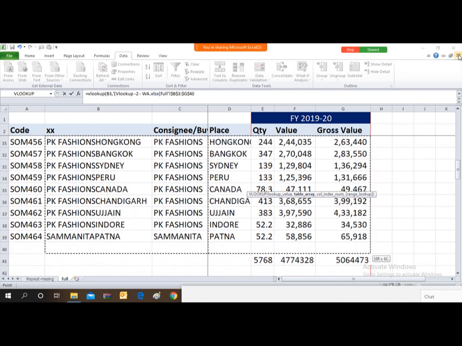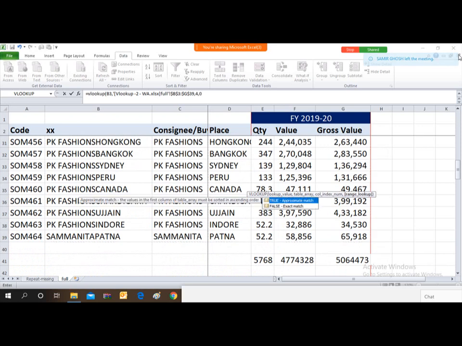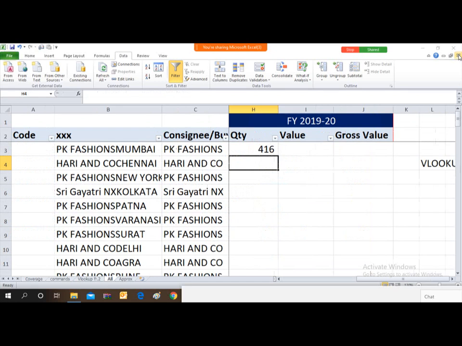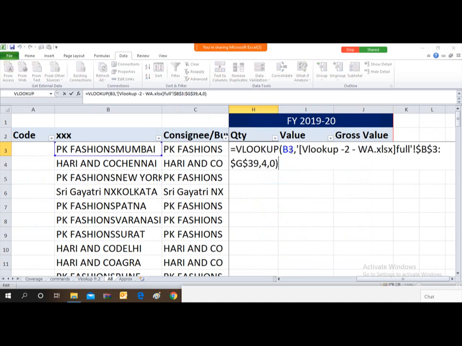So I'll select the entire data. My first column is 4. So you can just type comma 4 comma 0 then press enter. तो देखो पहले वाले सेल में फॉर्मूला डिराइव हो गया है, वैल्यू डिराइव हो गया है. Now what I have to do, I have to freeze the lookup value.